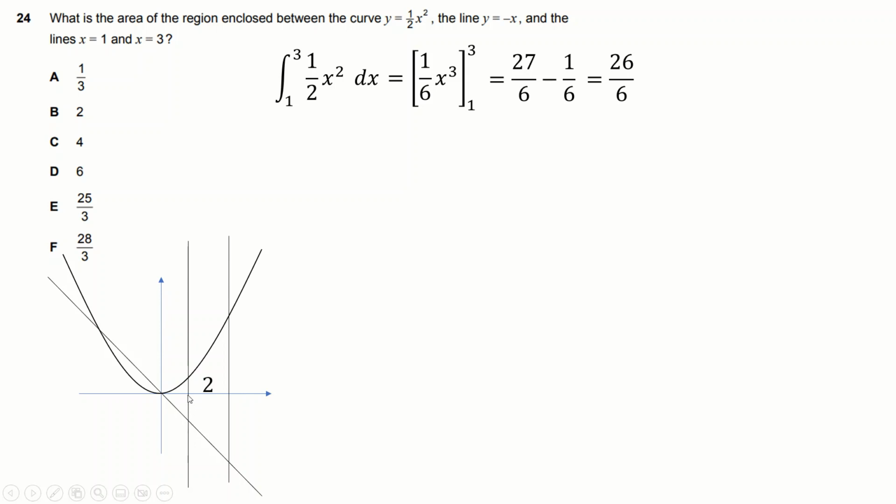This distance, well, this is the line x equals 1, and this is the line y equals minus x. So this is going to be minus 1 here, because it's going to be 1 minus 1 at this point. So that distance there is 1. This distance here, likewise, this is 3, so this is 3 minus 3, so this distance is 3. And I can just say the trapezium is a half of the sum of the two parallel sides, so a half of 1 plus 3, all times by 2. The half and the 2 cancel, so that's